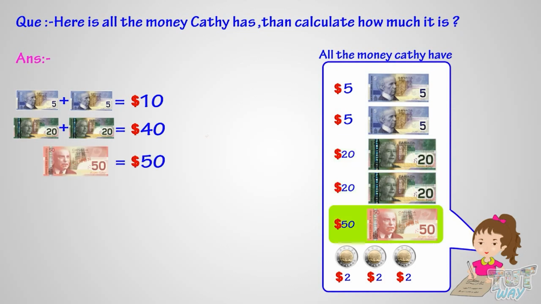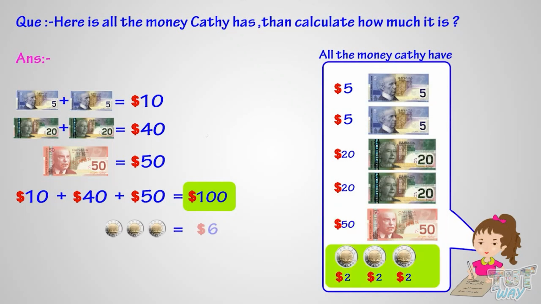So in all, we have bills of 10 plus 40 plus 50 equals $100. And 3 toonies make $6. So in all, there are 100 plus 6 equals $106. So kids, today we learned making money amounts up to $100 and using the least number of bills and